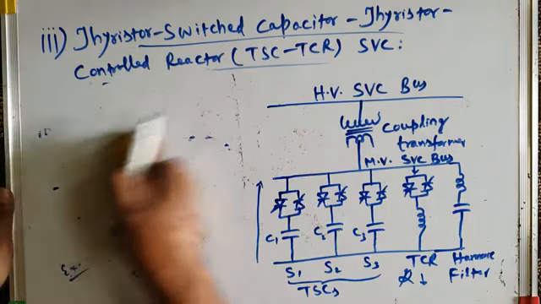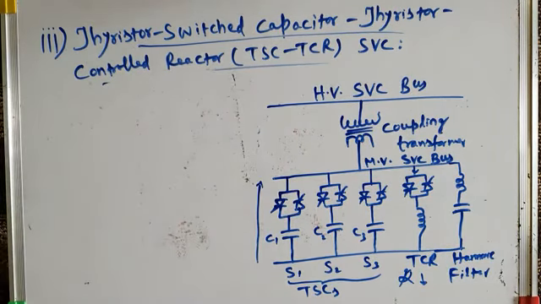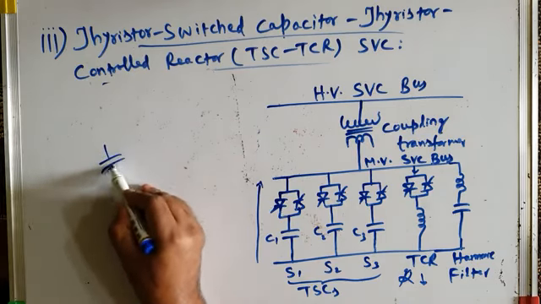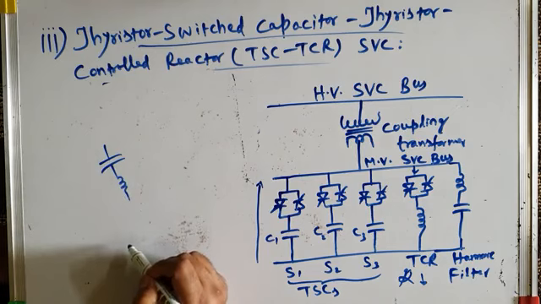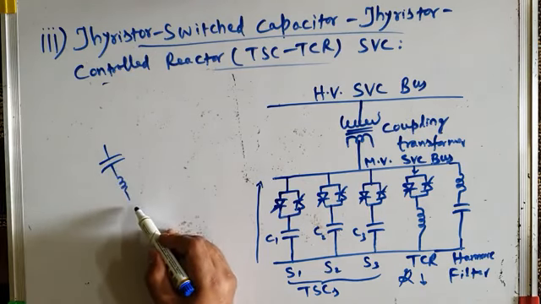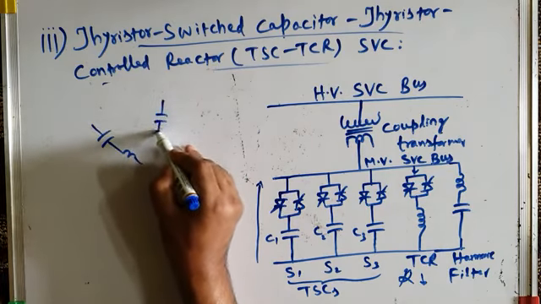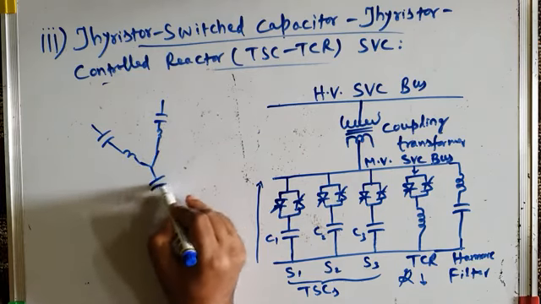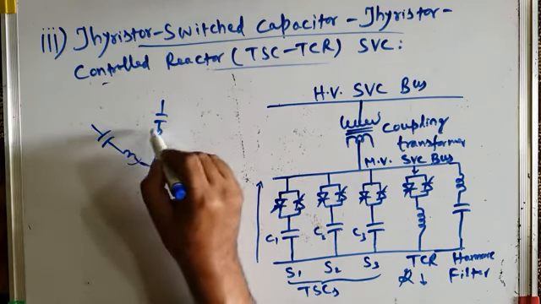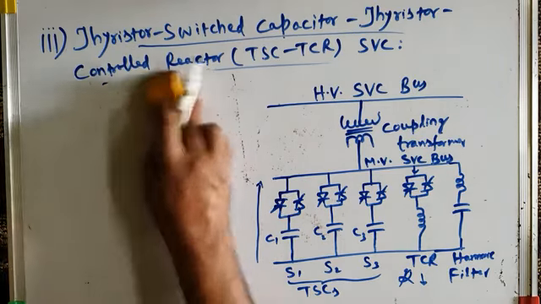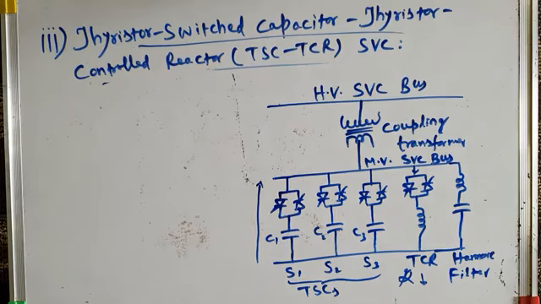Now, just like the FC TCR type SVC, which we discussed in the last class, where each capacitor bank is connected, in each capacitor bank we connect a tuned reactor in series. For example, if you remember, we had a Y connected or star connected capacitor bank, and in series with each capacitor we are connecting a tuned reactor. This reactor and capacitor in series, at fundamental frequency, acts as a capacitive admittance and injects the reactive power onto the bus,